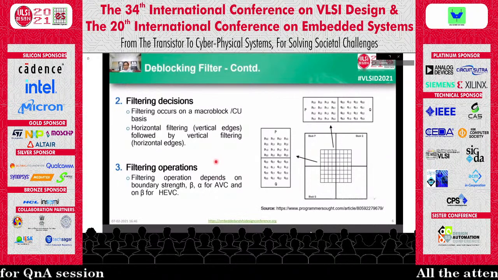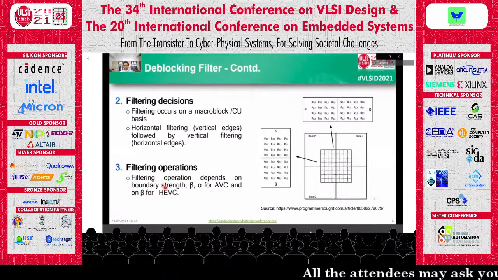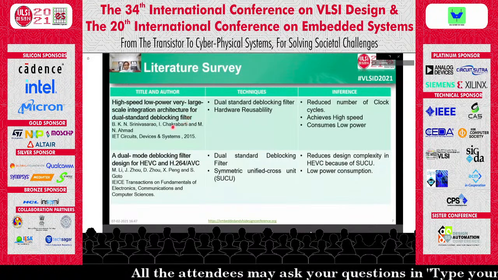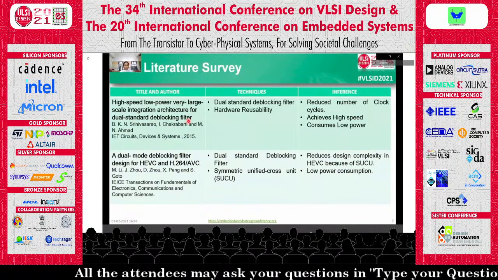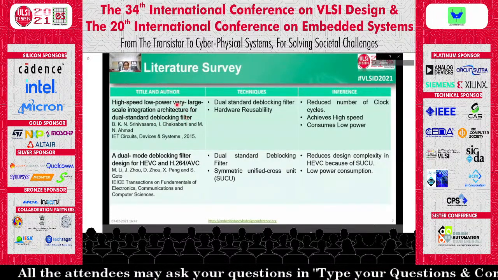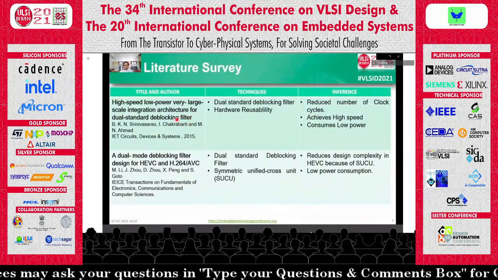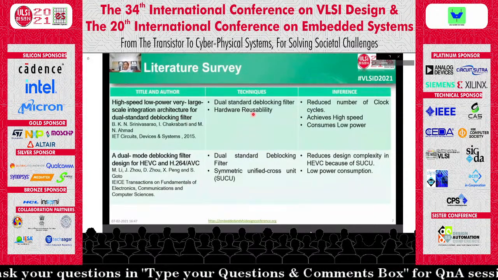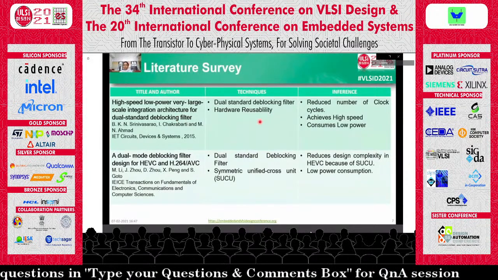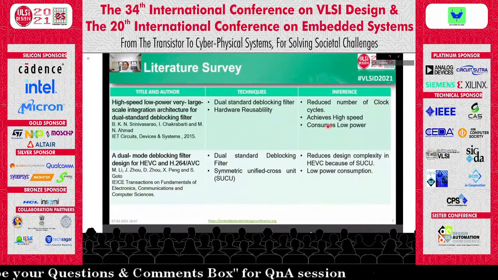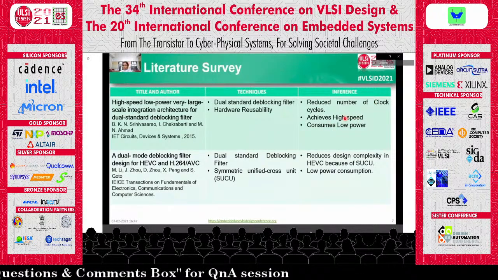The strong, weak, and no filtering mainly depends on the boundary strength value, which we discussed earlier. Moving on to the literature survey, in the first paper, a dual standard deblocking filter is utilized, where both AVC as well as HEVC is incorporated into the architecture along with the hardware reusability concept. Thus, this mainly helps in reducing the number of clock cycles required along with increased execution speed as well as